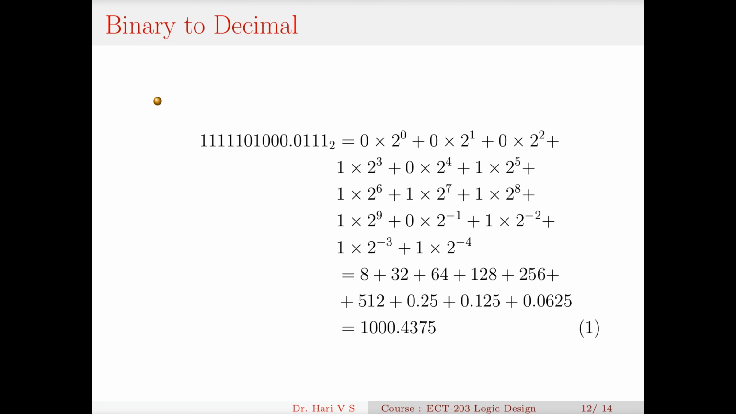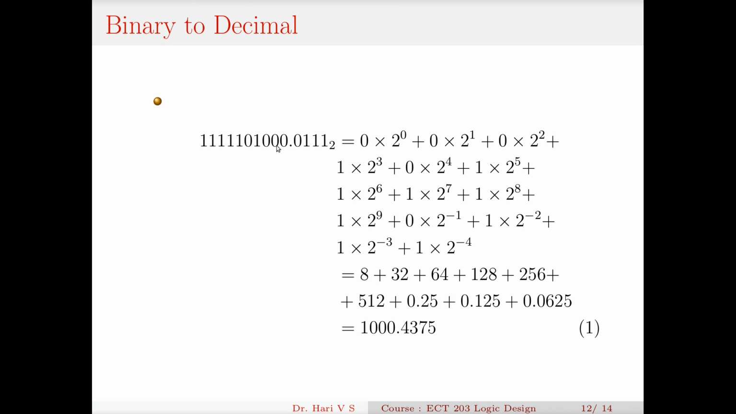Now what about the reverse conversion? It is straightforward, binary to decimal. The integer part has to be multiplied by the corresponding powers of 2 and added up. The fractional part you have to multiply by negative powers of 2 and then add up. Like this: